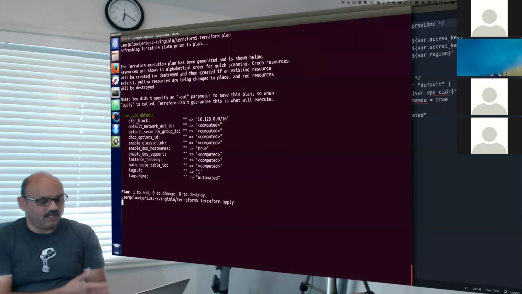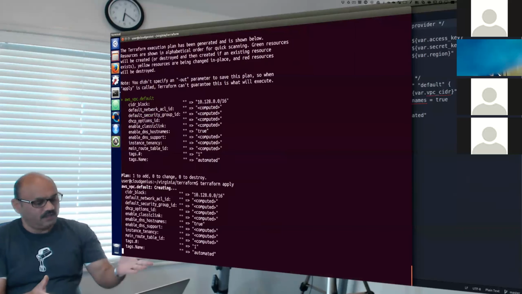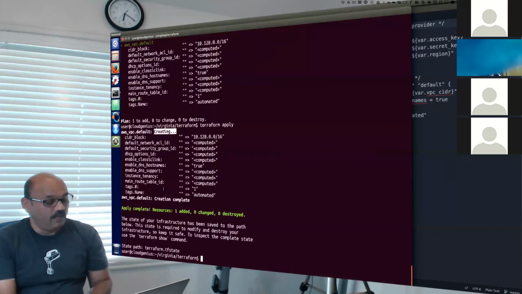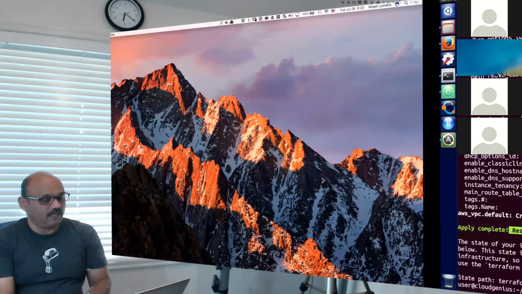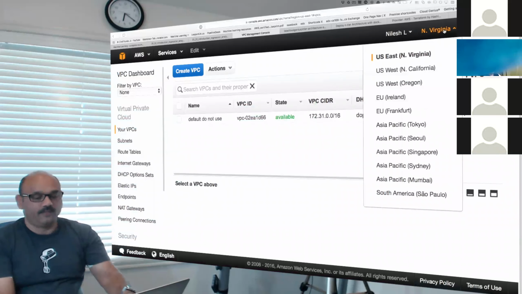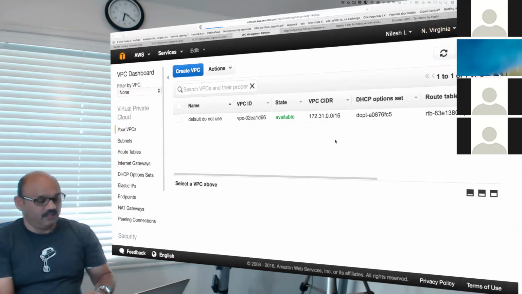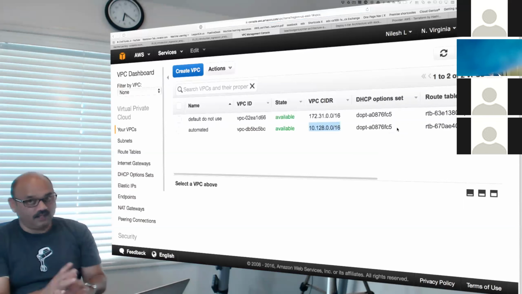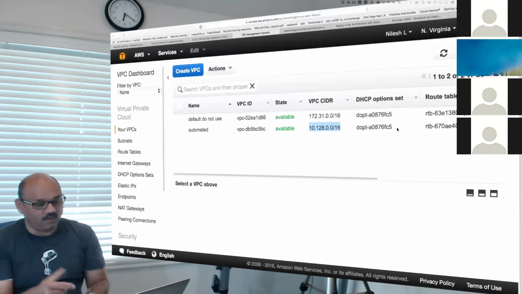We'll go check it and then come back and see. So it is going to do that, creating a VPC right now. Here it goes, creating a VPC. And it did. It said, I created one added. And so let's go check. What did you add? So we should see our Virginia region and refresh to see the automated VPC right there. There it is. And the CIDR block and all that is already taken care of. So we are able to create that VPC through code.